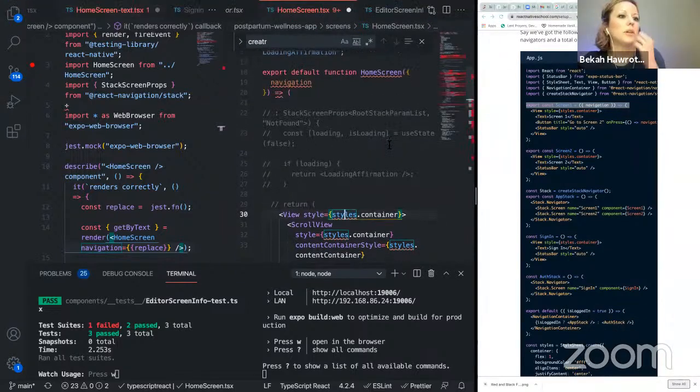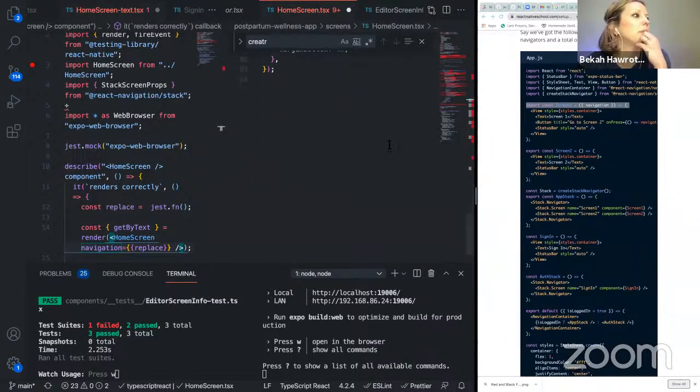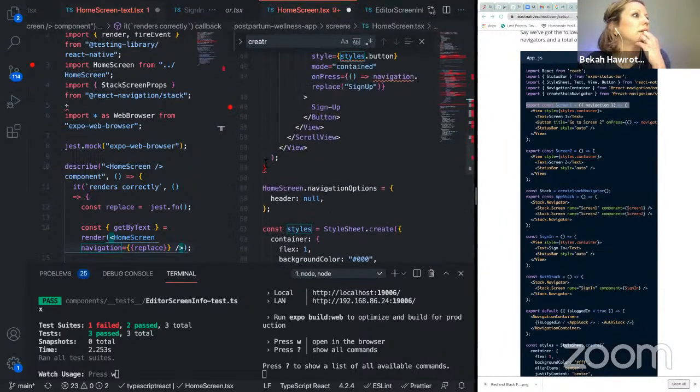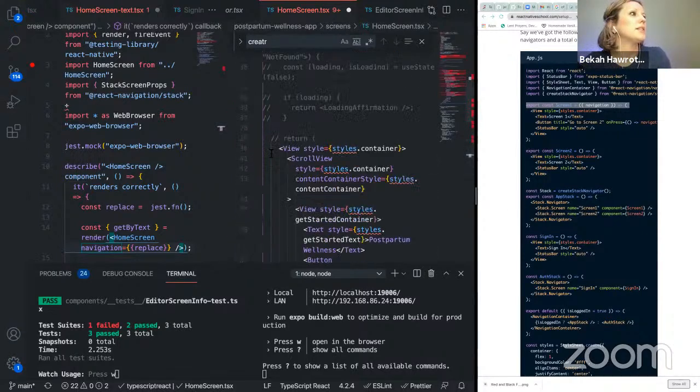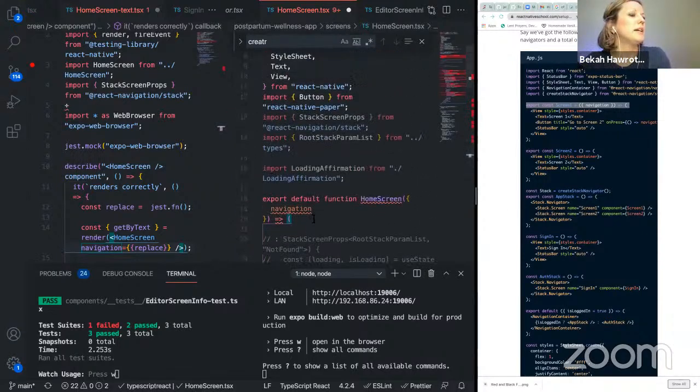Oh, maybe I broke where my brackets are. Yeah, and just make that a paren, I guess, or not. I guess not. All right, let's trace this all the way back up. Okay, that's there.